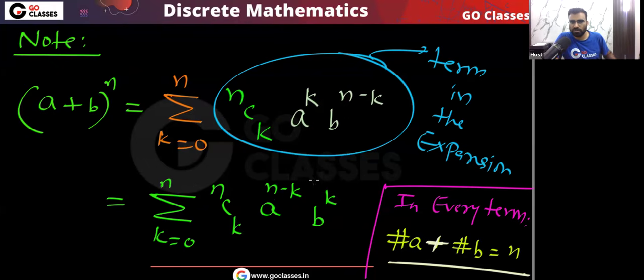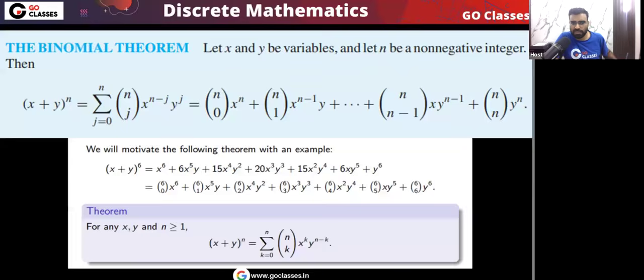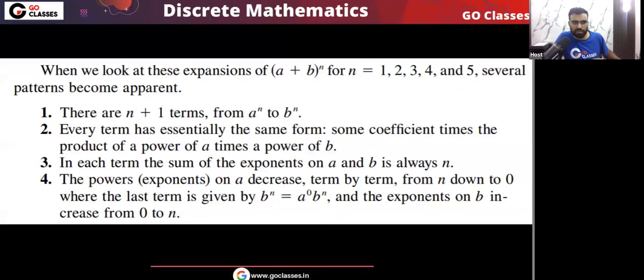So this is the short expression. Very easily you can see. This is the binomial theorem that we have seen. This is a very easy theorem. These are the properties of the binomial expansion. If you do the expansion of (a plus b) power n, where n is any positive integer, 1, 2, 3, 4, 5 and so on, n can be 10, 1000, 100, anything.